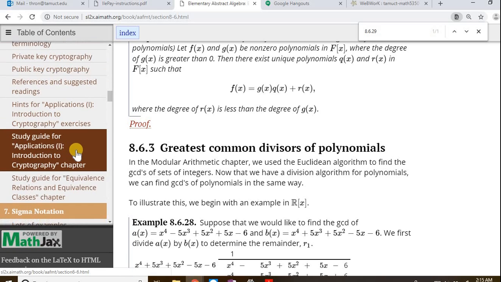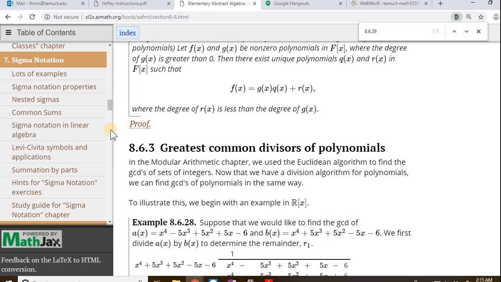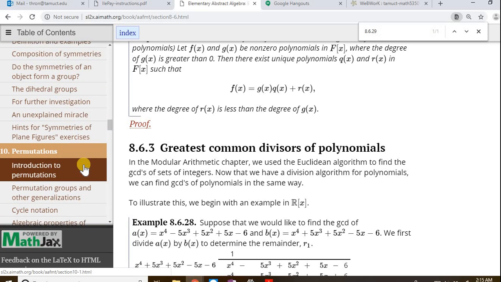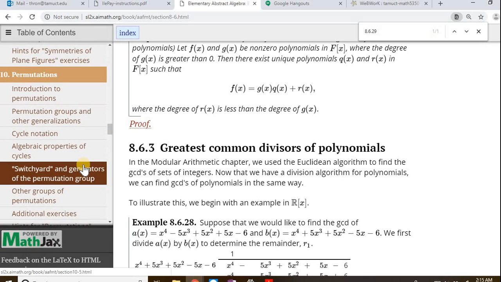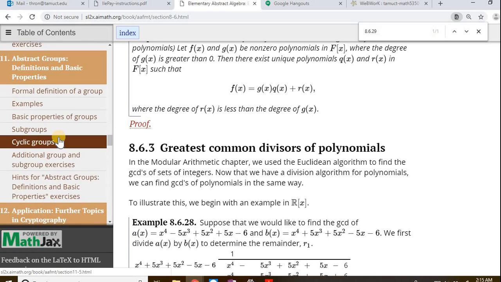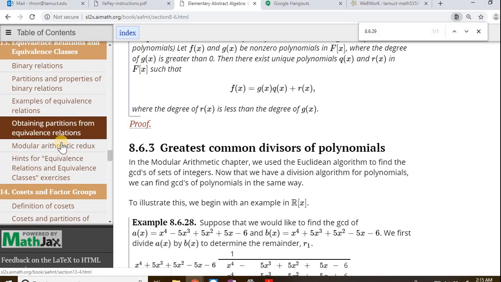But most likely I won't end up doing that because there's not enough time to do some of the more important stuff later on. The big things next semester are the symmetries, permutations, abstract groups, further cryptography, equivalence relation,